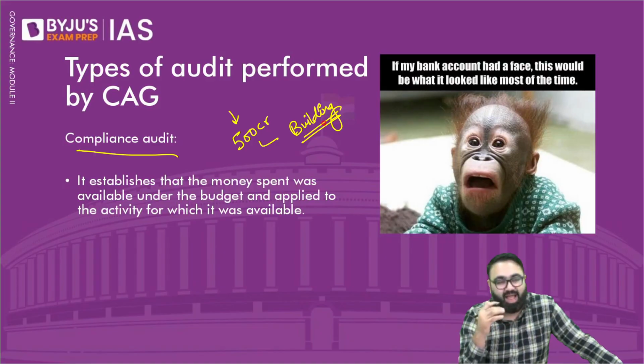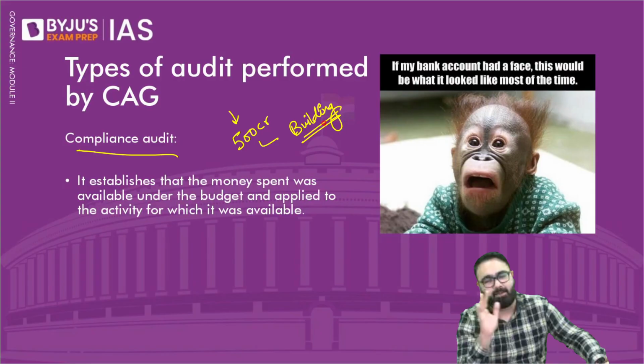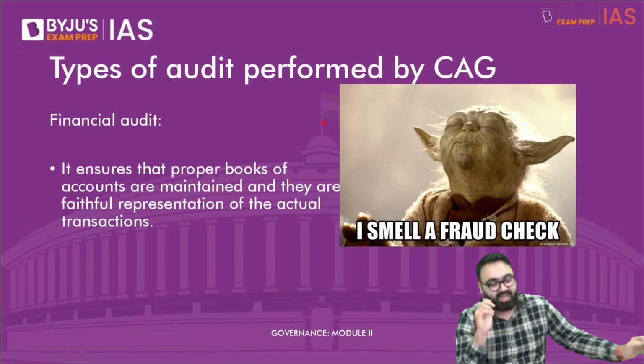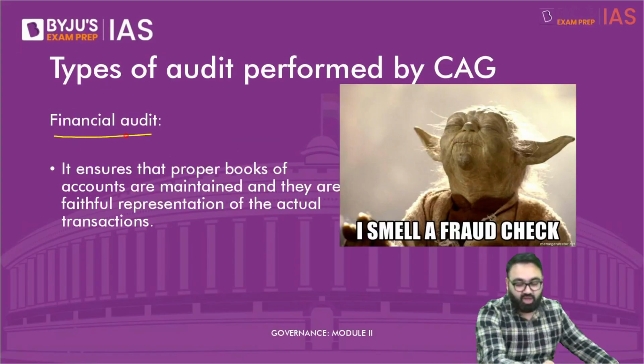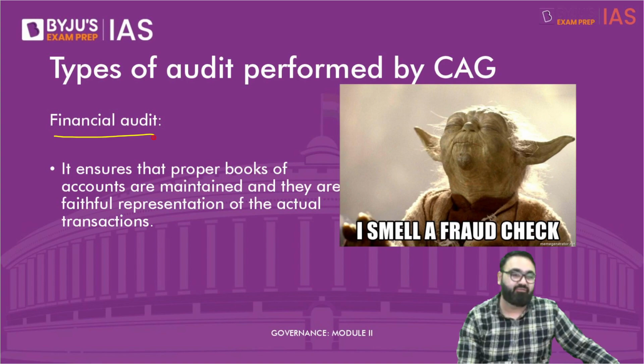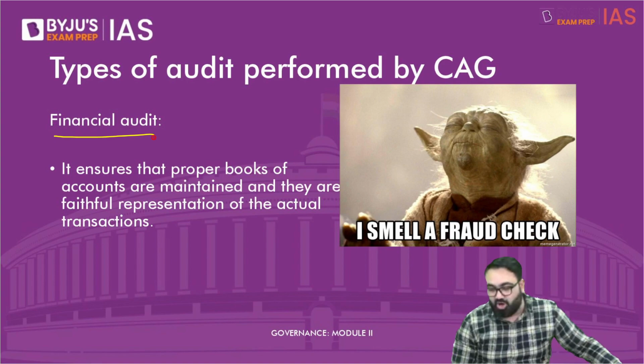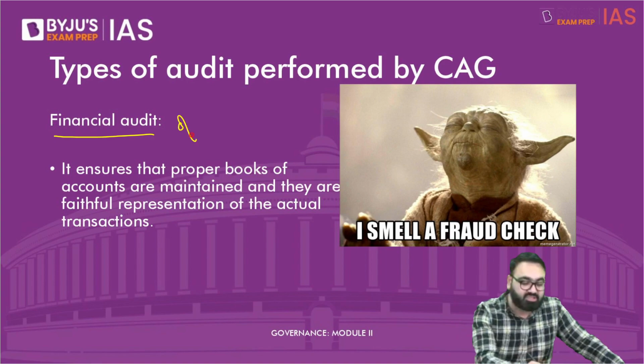Did you comply with the purpose of the money? Is the money spent for the same purpose or not? This is the first type of audit, simple, easy compliance audit. Second one is called financial audit. What do you mean by a financial audit? Financial audit is an audit of the books. Audit of the books, audit of the accounts,